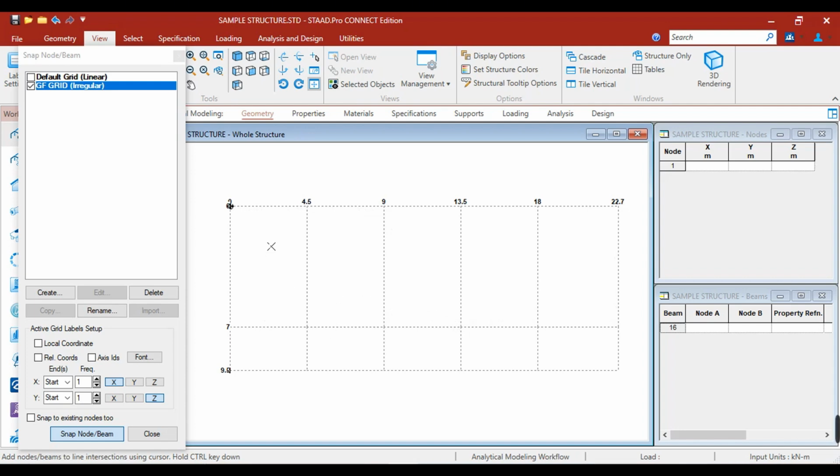Now let's create the beam, starting at the leftmost.